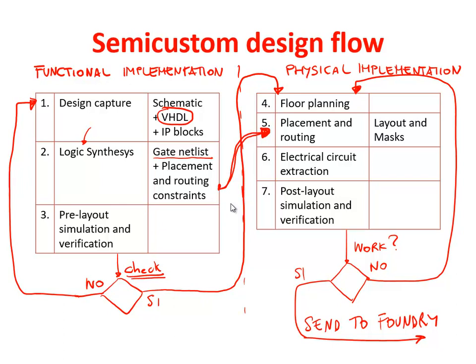This is very important, because the extractor does not know what is the initial circuit that has been designed. So it's an independent verification of the circuit. It extracts the electrical circuit, and then you can simulate. If it works, at this point you send the masks to the foundry. If it's not working, you go back and try to debug everything to understand where the error is. Okay? So there are these two different phases, and they are quite